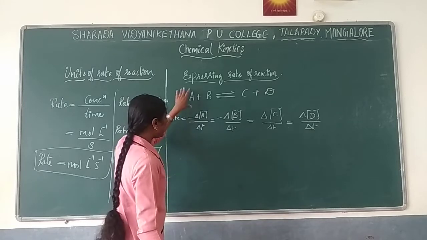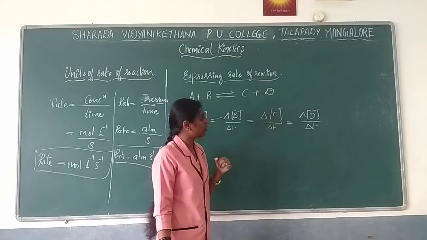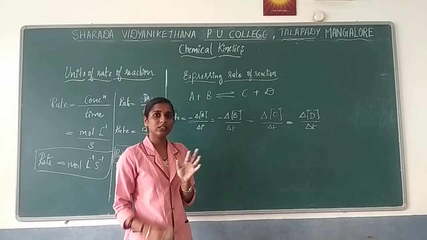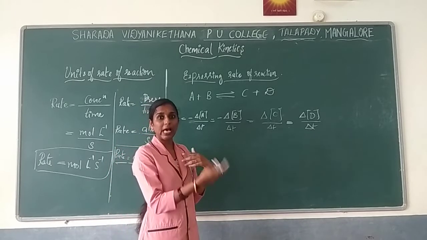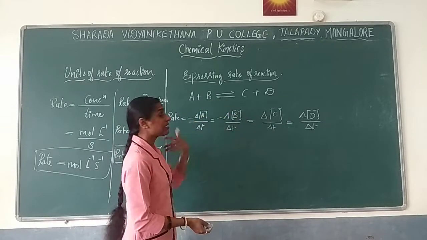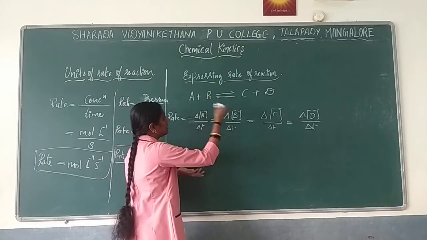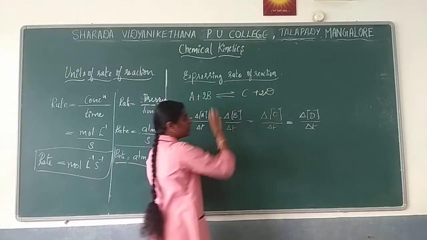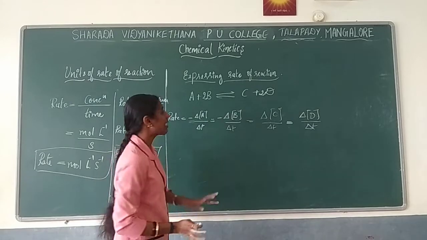Now, when you have a simple reaction, this way you will write. Whenever you write a reaction, obviously the reaction should be balanced, right? If it is already balanced, you can write in this form. Sometimes, for example, think of a balanced reaction where 2B as well as 2D is present. Just one example I am giving.